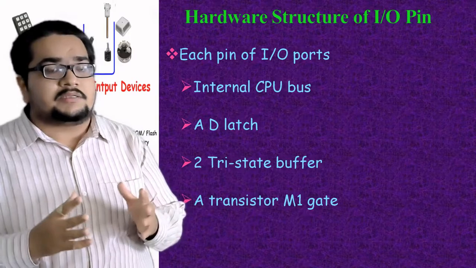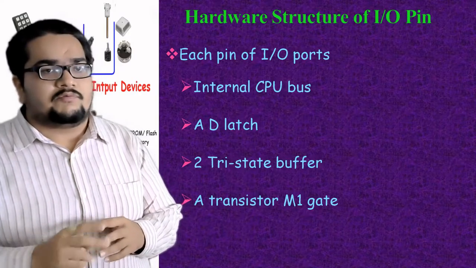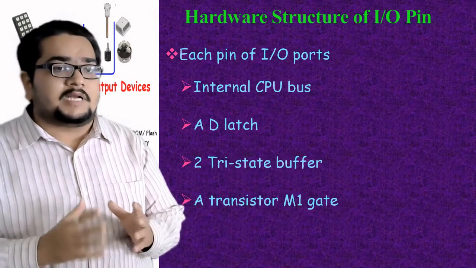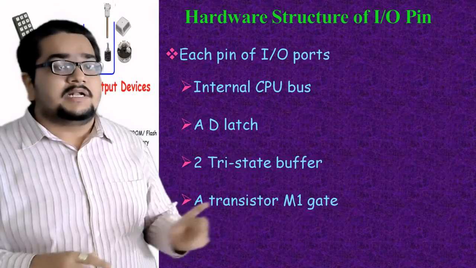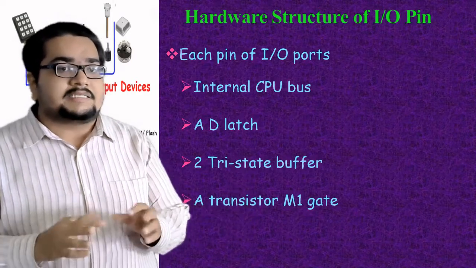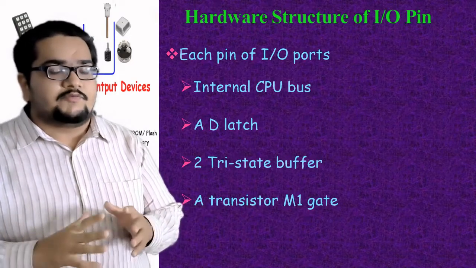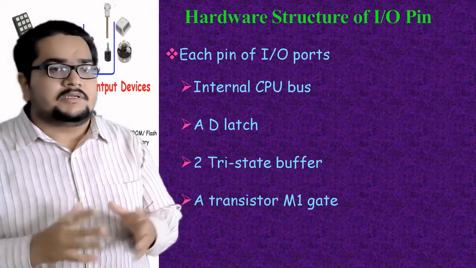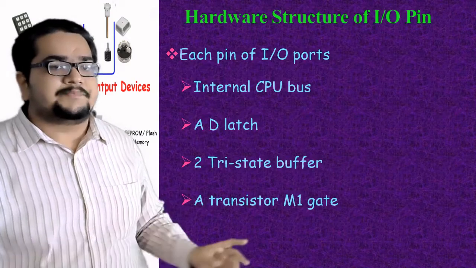A buffer register, you can assume that it will be a back-to-back connection of two NOT gates. Once a NOT operation is applied, another NOT operation will nullify the negation of that particular variable. So basically, buffers are delaying devices. Tri-state buffers will be used for disconnecting that buffer from the whole circuitry, virtually or electrically disconnecting that particular buffer from the circuit. The third state it can go into is the high impedance state.